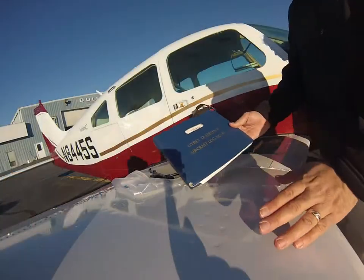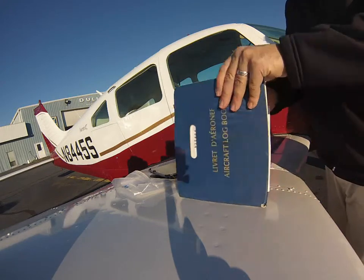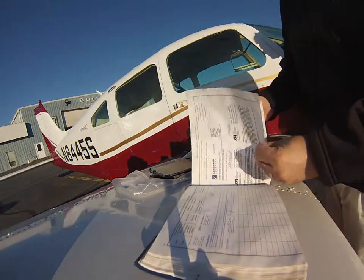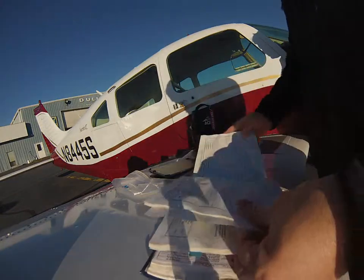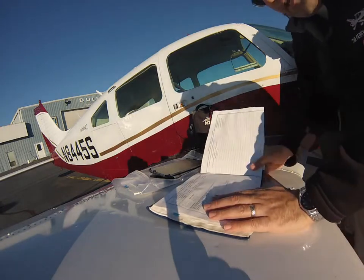All right, we're going to start now looking at the aircraft logbook here. Any maintenance items pertaining to the actual airframe of the airplane, we're going to take a look at. Starting from the back, because you want to see the most recent entries first. I can see here already that